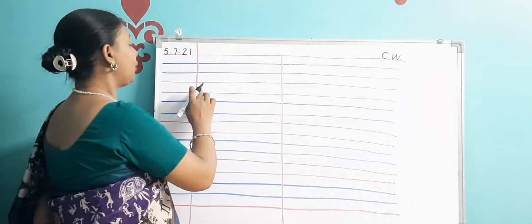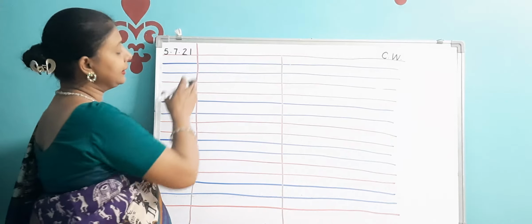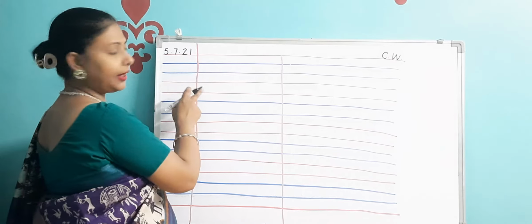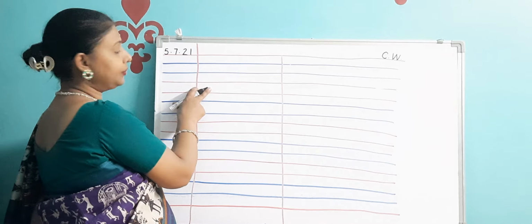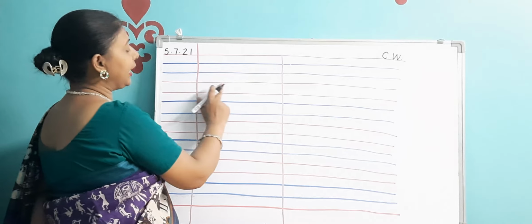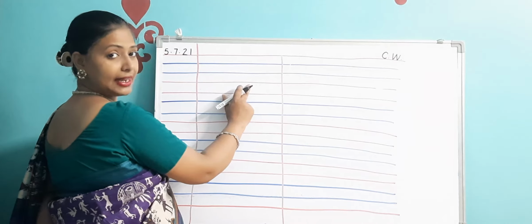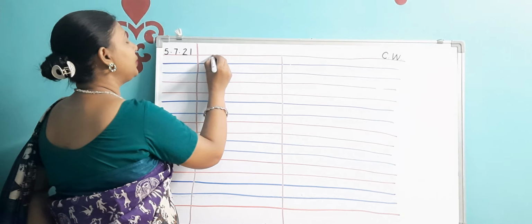Okay, so we have already learned E for elephant. Now how you are going to write within the line? These are the 4 lines. Okay, red line, 2 blue lines and 1 red line. So we write within first 3 lines. Your alphabet should not touch this last line. Remember that. So try to write within the first 3 lines.